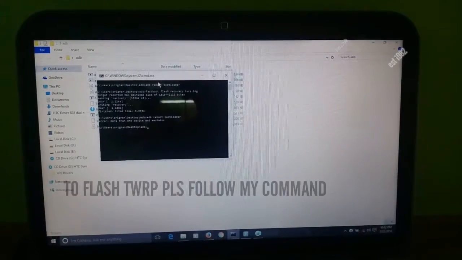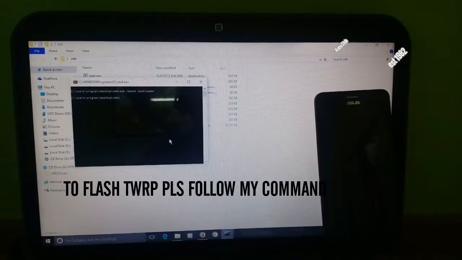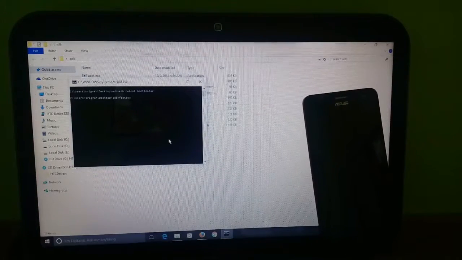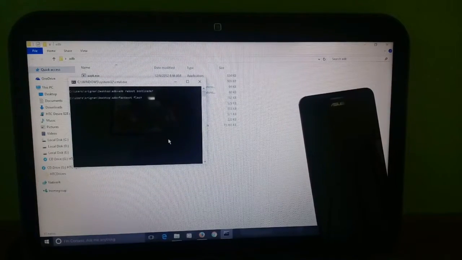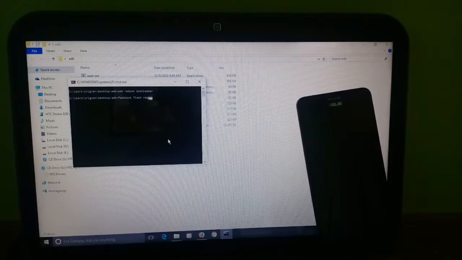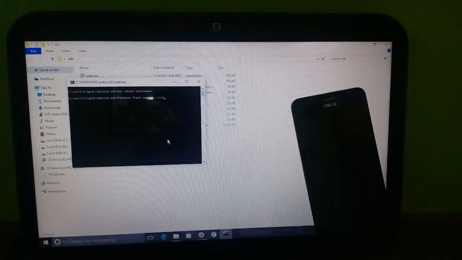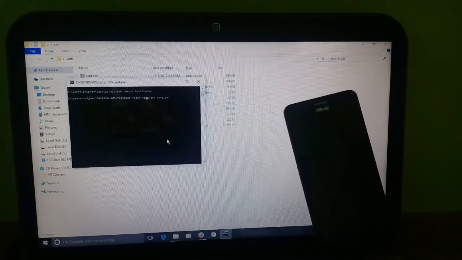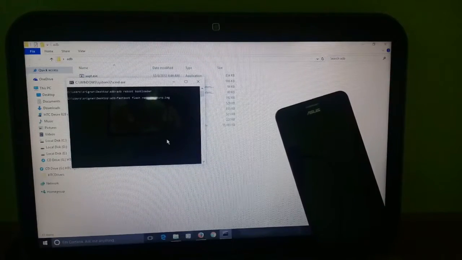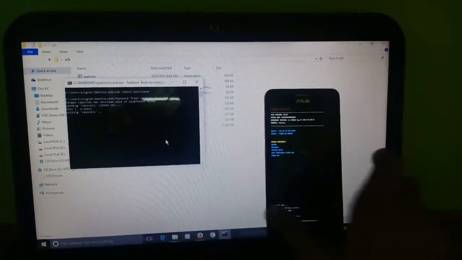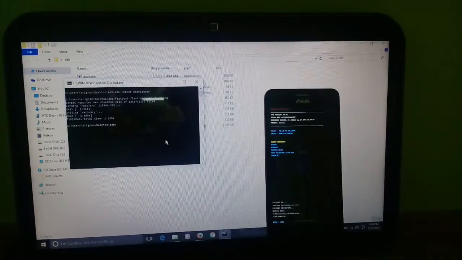To flash TWRP, the command is fastboot flash recovery twrp.img. Now press enter. So guys, TWRP is flashed.